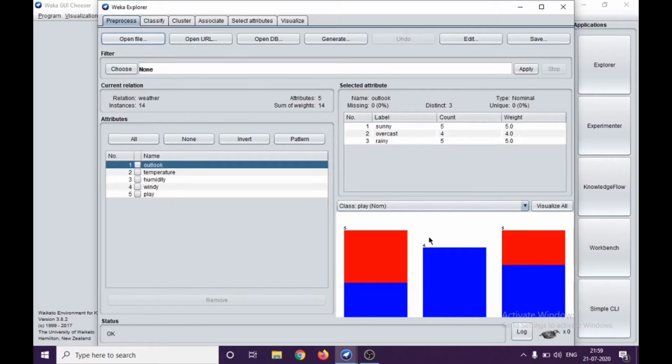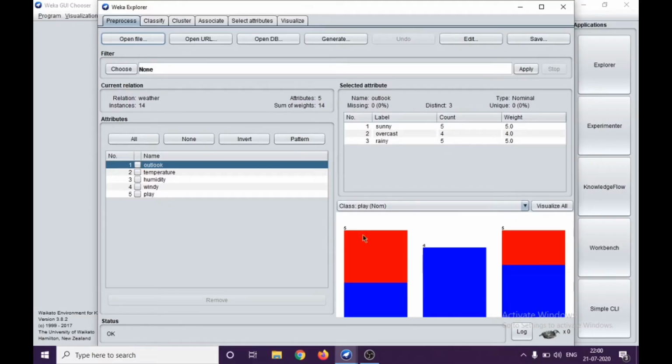In the earlier video also, I have shared how you can see the current relation. Basically we are using an ARFF file, which is attribute relation file format. In some cases programmers call it R files. Once we load it, we can see the attributes in here. You can see the number of instances here. You can see all the attribute values in this particular section, and for whatever attribute we have selected, we can see its details in the selected attribute section.